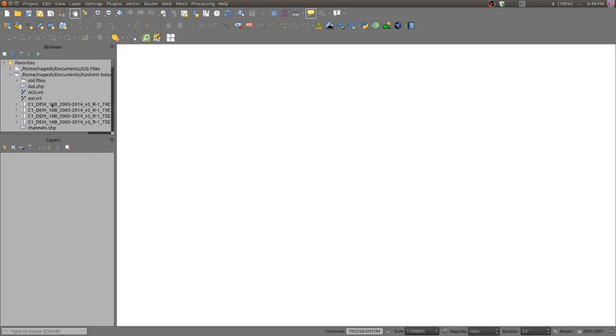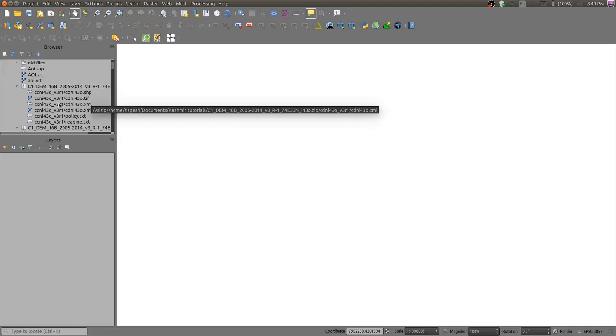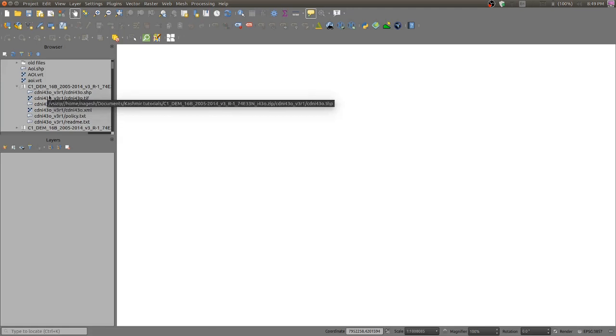This is the Cartodem which I have downloaded, and you see it is still zip, but this browser window can read the files inside the zip. So you need not unzip it and store it somewhere. You can add it as a favorite, and here you can see the zip file, and unzipping it will show the files within the zip file. Here you have to add this TIFF file.